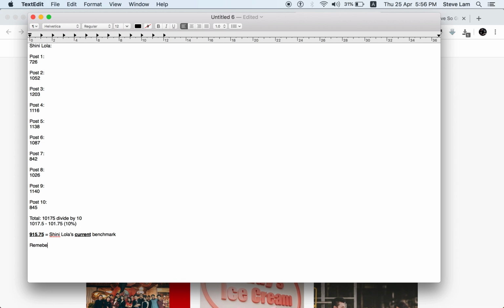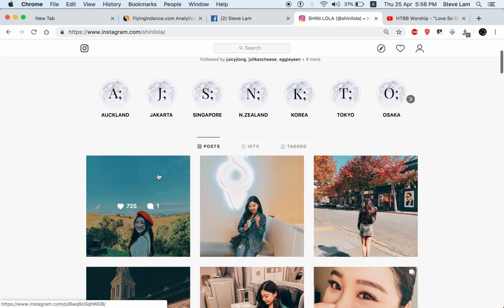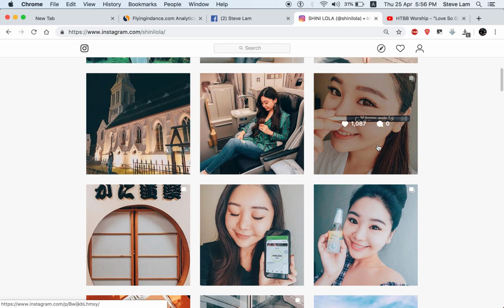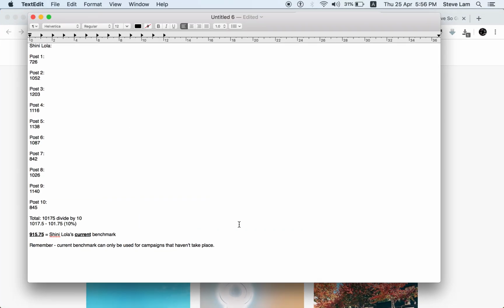So remember, the current benchmark can only be used for campaigns that haven't taken place. What I mean by current is, you can just go into the first picture and start counting 1, 2, 3, 4, 5, 6, 7, 8, 9, 10, just as we did just now. But for campaigns